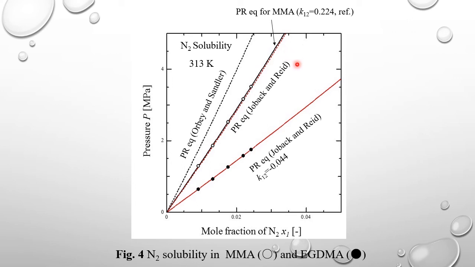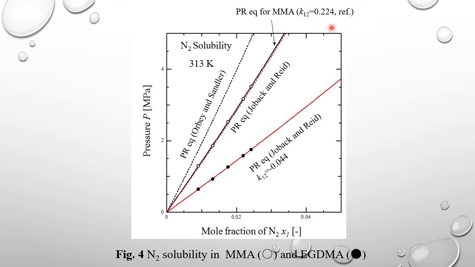Both the solubility lines we obtain from the group contribution method are steeper, which means lower solubility compared to the hypothetical data of EGDMA. As I mentioned previously, the binary interaction parameter that we used is 0.224, which was obtained from previous